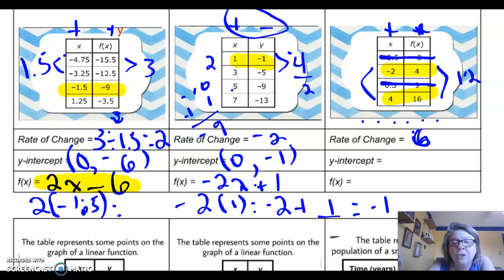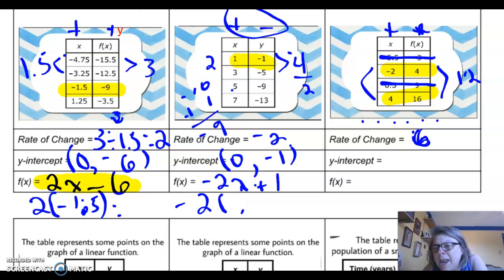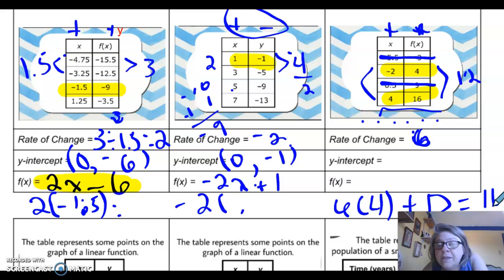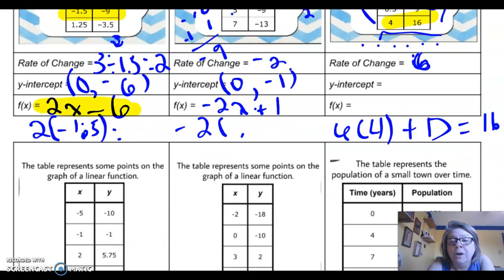All right, now I'm going to have to erase my work so I can fit in here. I'm going to use 6, and I'm going to use the positive point. So I'm going to use this point right here, this point right there, 4 and 16. And I'm going to do 6 times 4 plus what will give me 16. 6 times 4 is 24. So 24 plus,